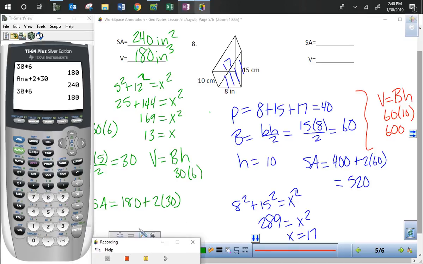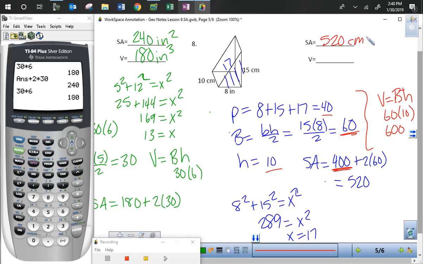So you had to find this missing side in order to find the perimeter of that triangle, our base. That was 17, gives you 40. Then the area of that base, 15 times 8 over 2 is 60. The height between them being 10. So surface area is the lateral area. That was our P times our H, 400, plus 2 times the base, which in this case was 60, to give you 520